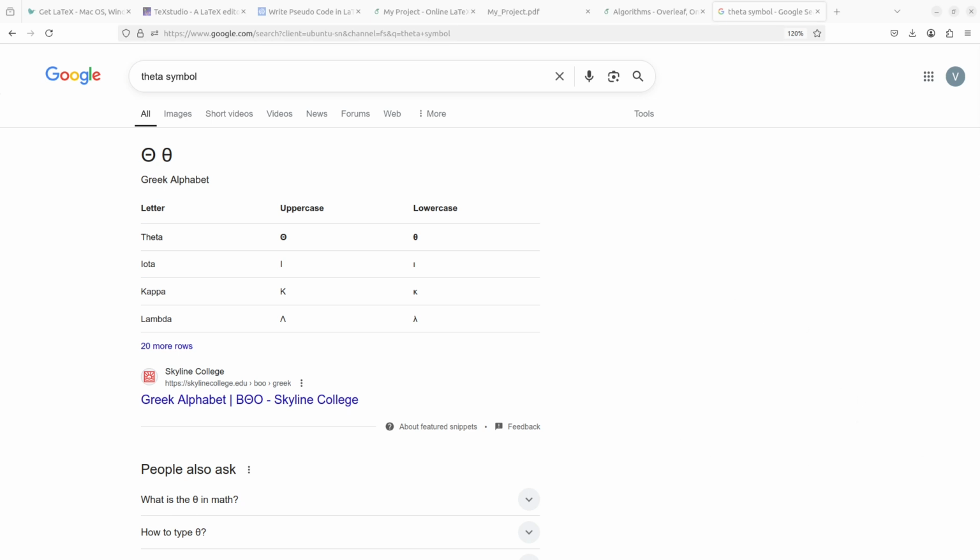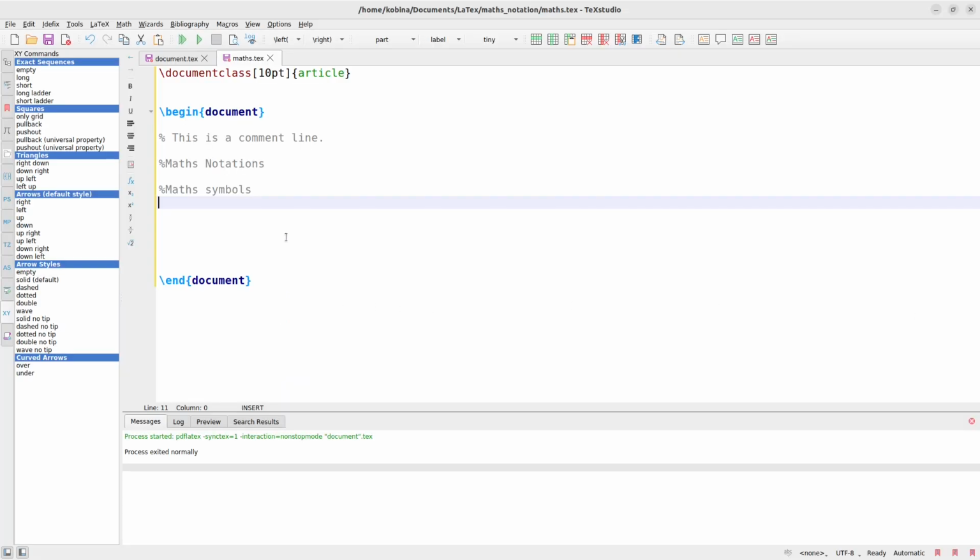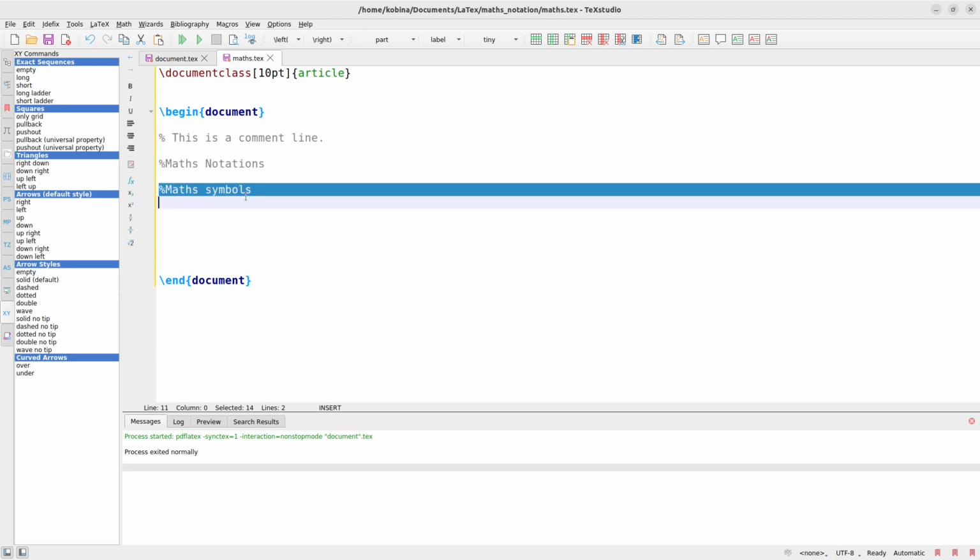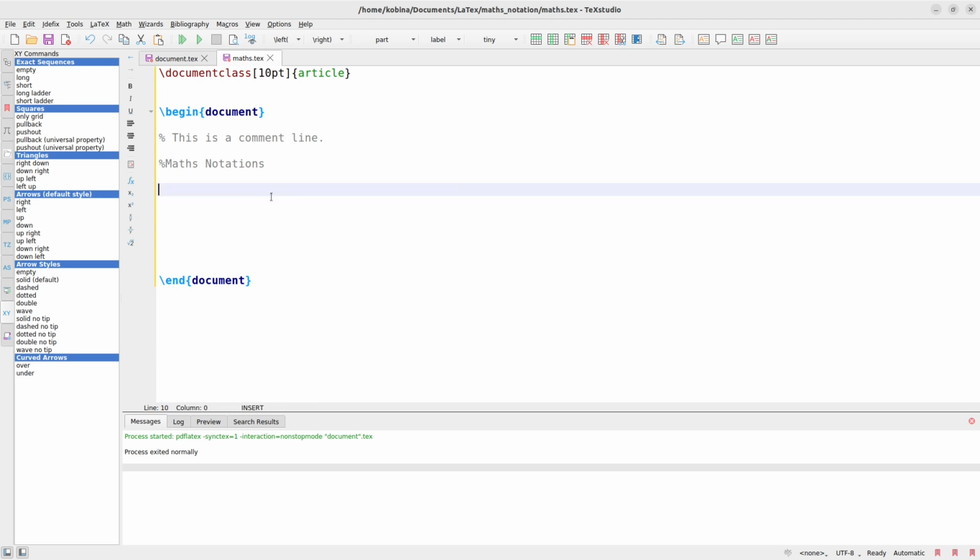Now with LaTeX, for math symbols like this, let's just go back. What I will say is to first tell LaTeX that I want to be in math mode. In fact, that's what we should have been talking about first. So I'll just clear this first. Now I'll come back to this. Now with the math notations, if you want to use math notations, then that particular line, you should start with a $ sign and end with a $ sign. Then in between, you put in your math